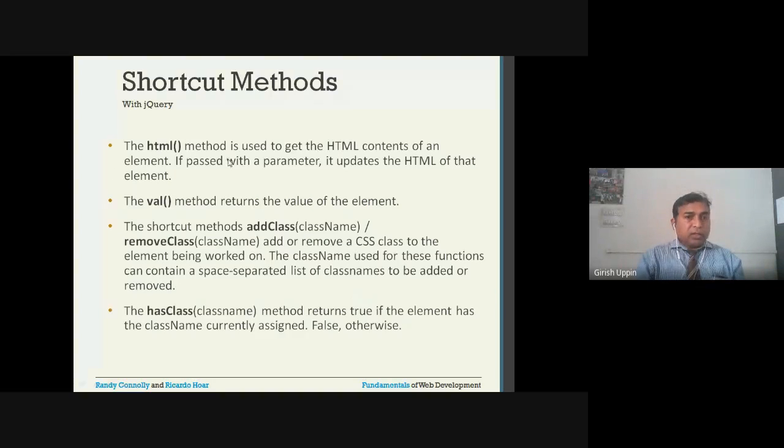Some other methods. The html method is used to get the HTML contents of an element. If passed a parameter, it updates the HTML of that element. So we can use the html method to get whatever the HTML content is, and also to set it. Similarly, the val method returns the value of an element. If the value is set for a particular element, the val method can be used to